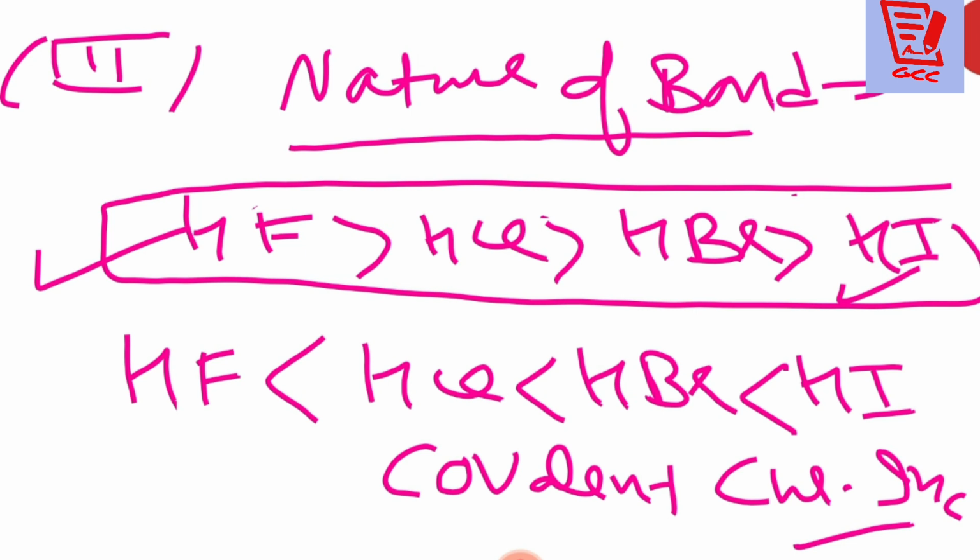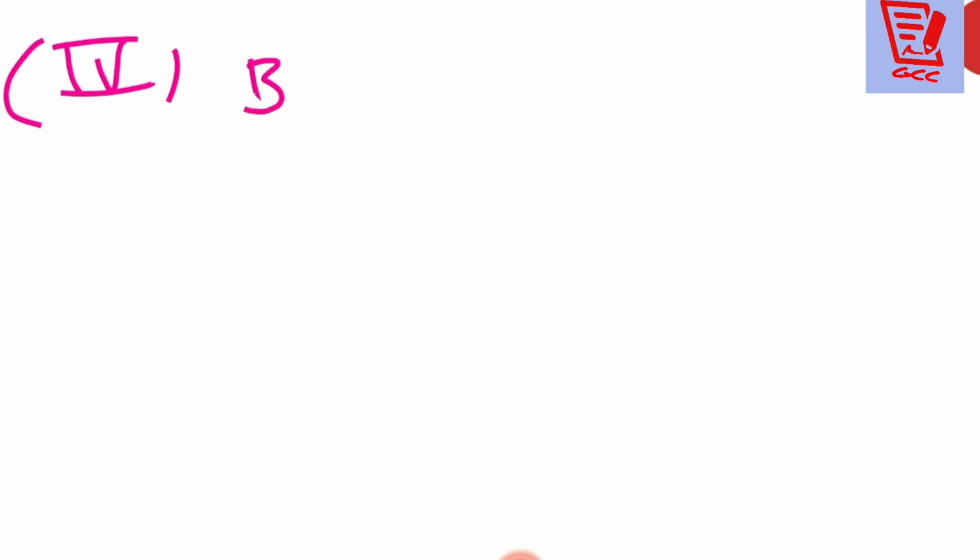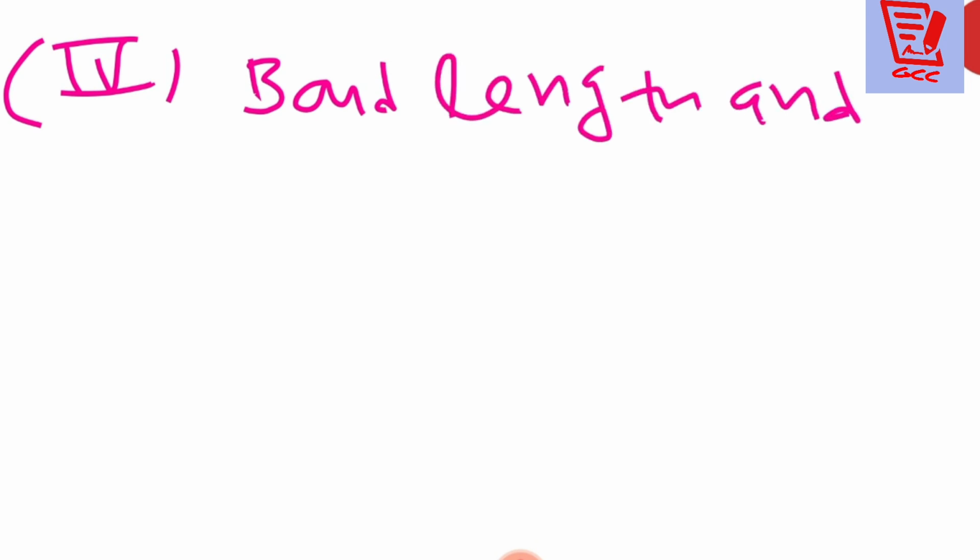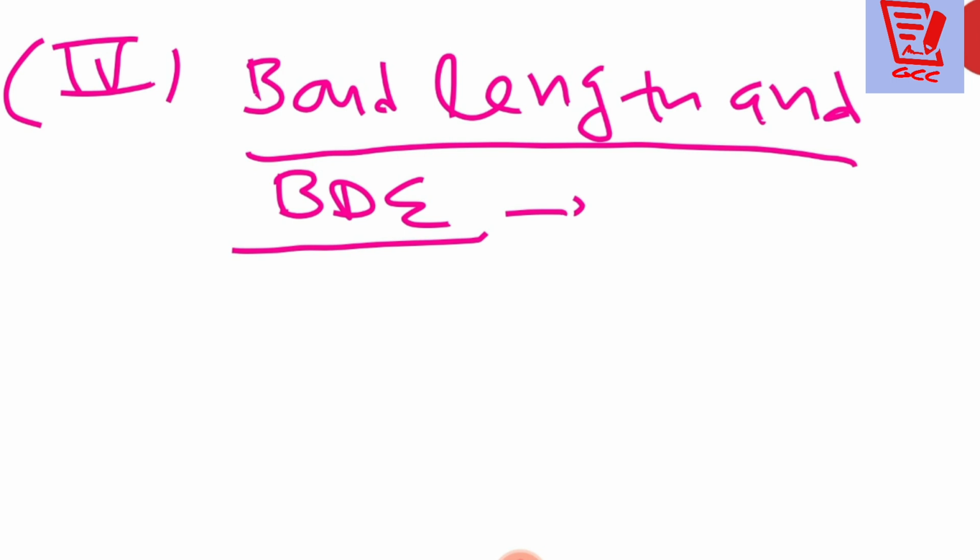Okay. Now after that, beta, we are having a next point number 4 in the hydrides only, about their bond length and bond dissociation enthalpy. अभी भी करके आए हैं बेटा, bond length and bond dissociation enthalpy in the F2, Cl2 हमने पढ़ा था ना, लेकिन but it is with the halogen hydrides.